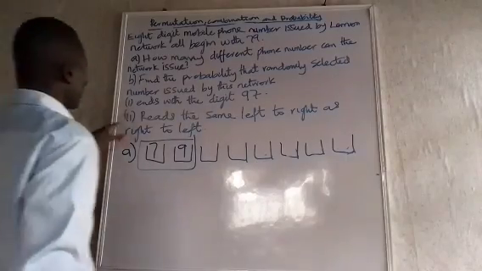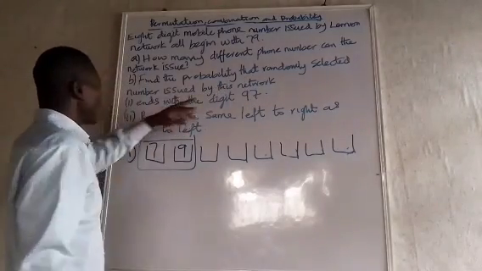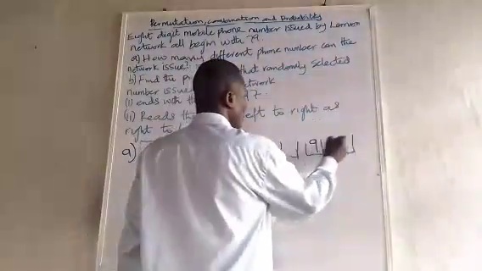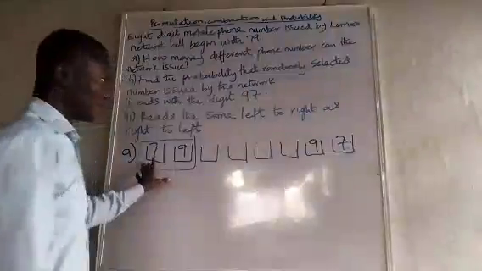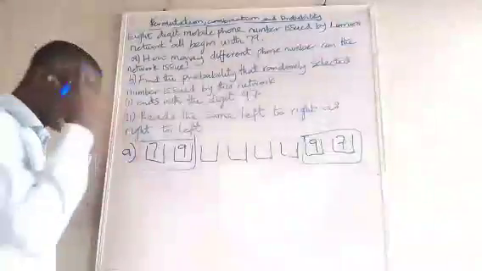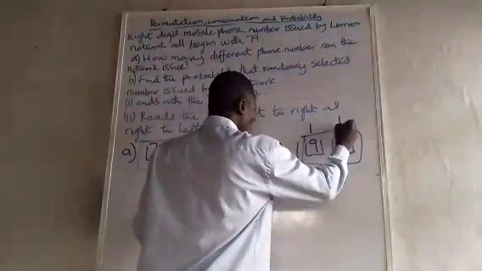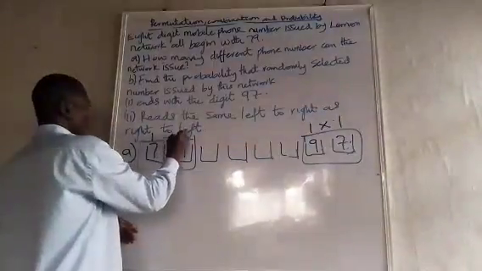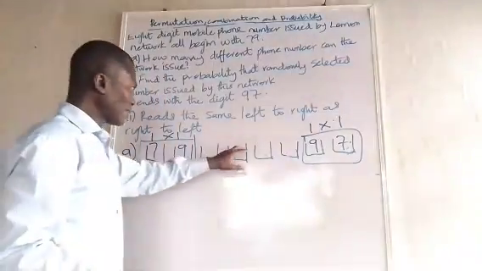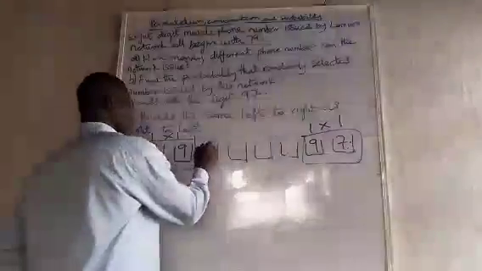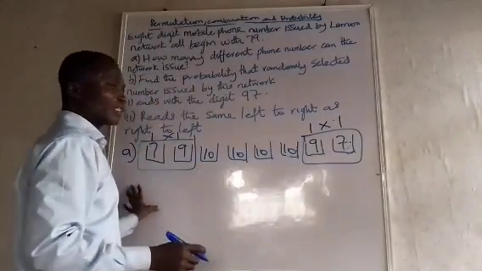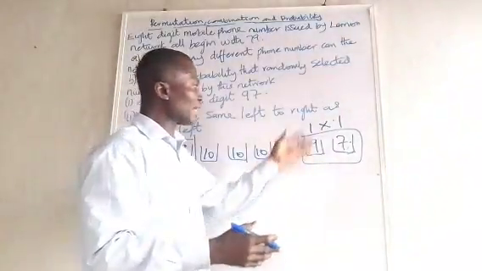So we are asked, find the probability that the randomly selected number issued by this network ends with 97. So now let's end this place with 97. Just like this place, we have this place fixed. This place is 1, 1. And this place too is 1, 1. They are fixed. Now, but these places vary. So just like before, we have 10 here, 10 here, 10 here, 10 here. So the total possible number that we can have that can end with 97 is equal to